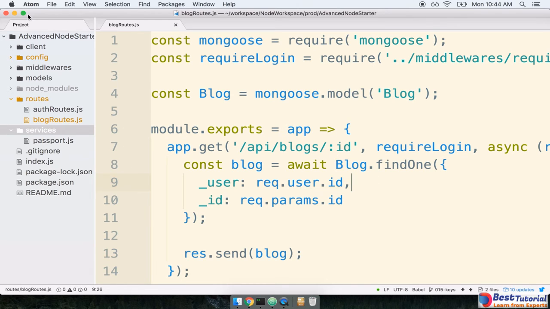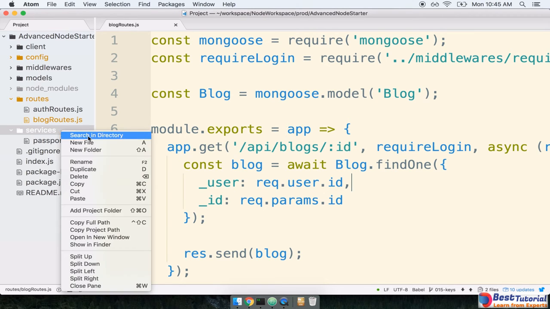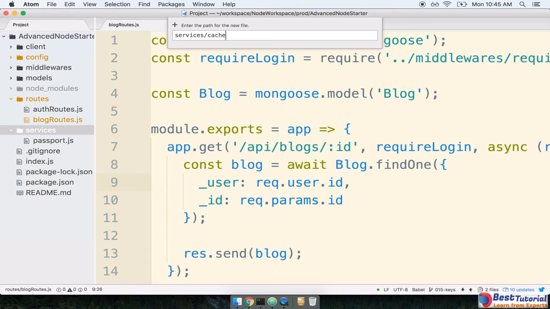Well, inside of our root project directory is a folder called services. The idea behind this services folder is to locate in one location any code that touches many different parts of our project. Right now, the services directory holds the passport.js file because that is holding all of our authentication logic, and authentication is used in many parts of our app. So I think that we're going to write all of our caching logic inside of a new file inside of services as well, because caching is a part of our application that's going to touch many different areas of our code base. So inside the services directory, I'm going to make a new file,